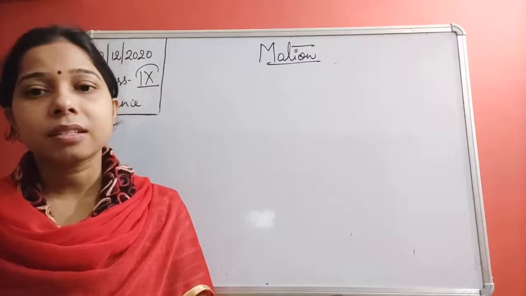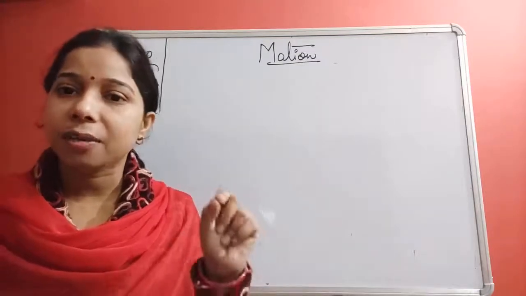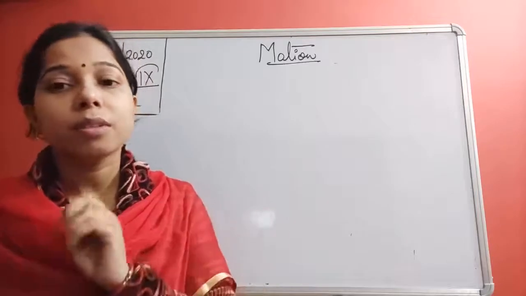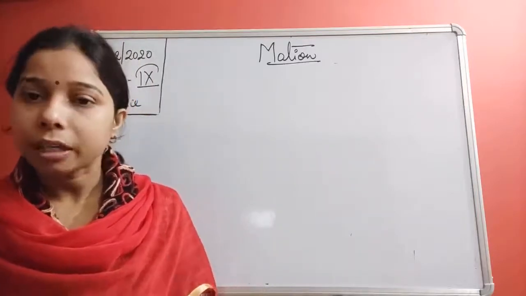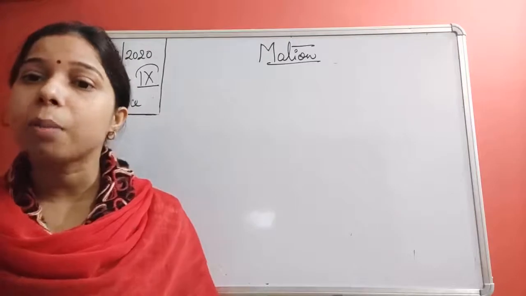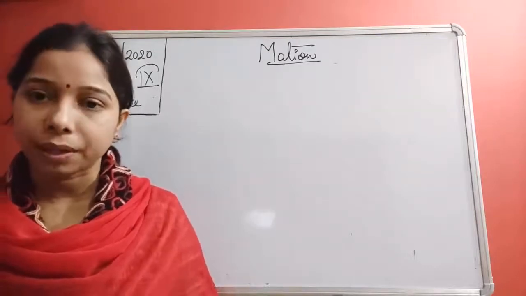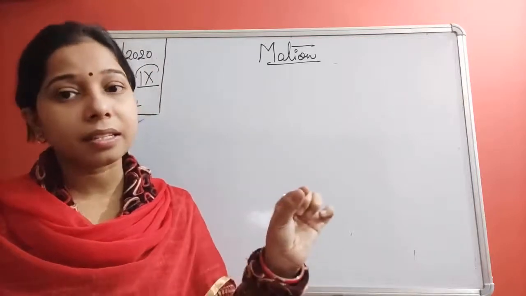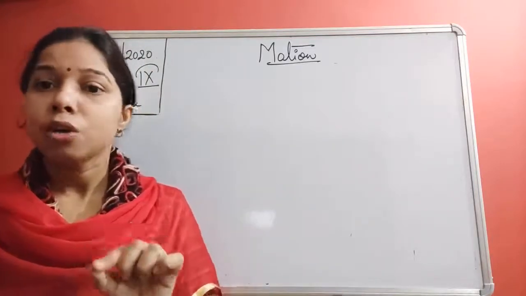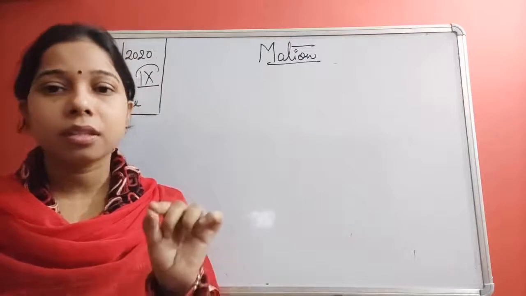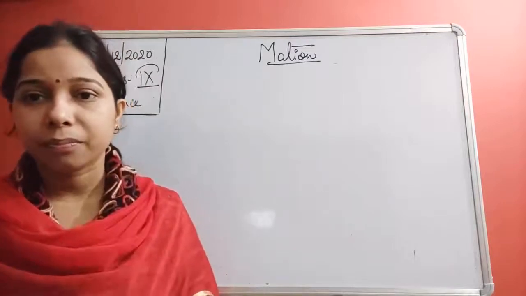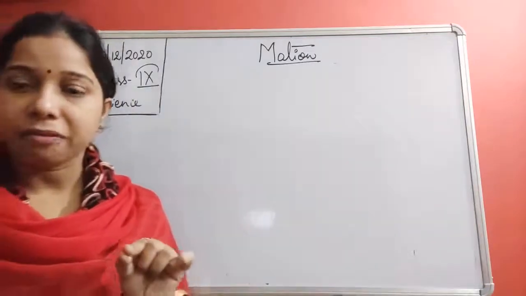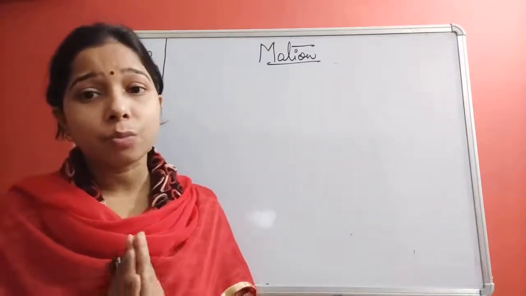So the first graph is the distance time graph. Distance over time is equal to speed. Ultimately, the distance time graph helps us to find the speed of a body. And in place of distance, if we take the displacement time graph, we will use the term velocity of the body.